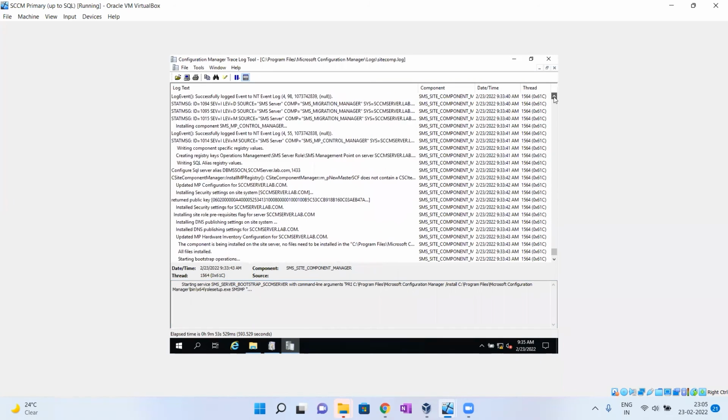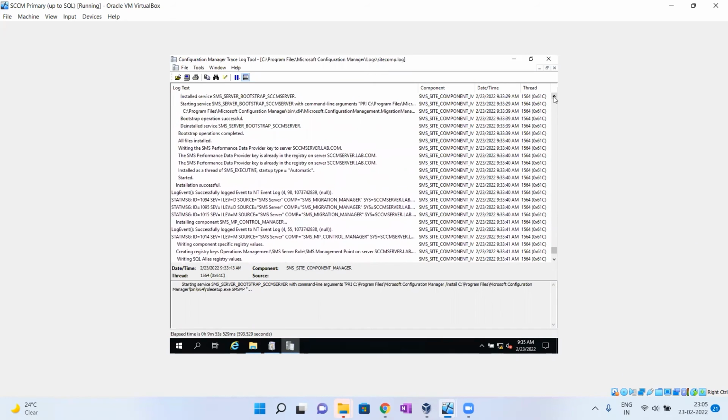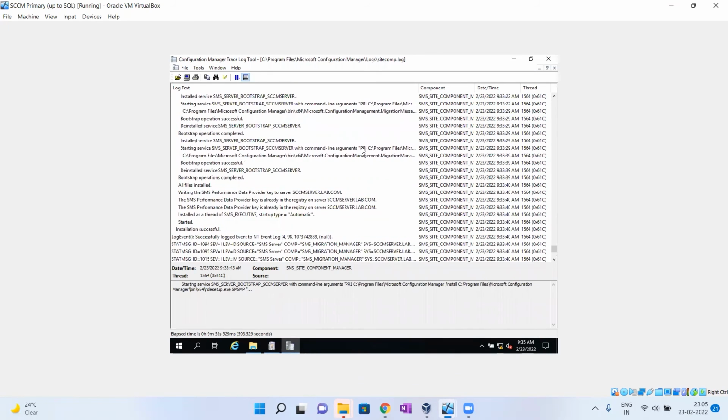If we scroll a little bit up, you can see other components also started installing. We'll monitor it.